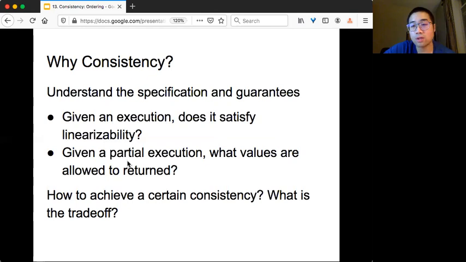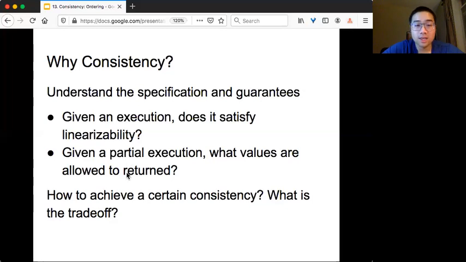And then the next one is that if I give you a partial execution and tell you that this execution satisfies certain consistency, then you should be able to identify what kind of values are allowed to return